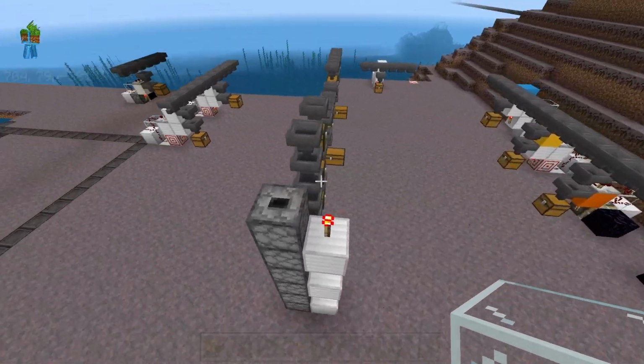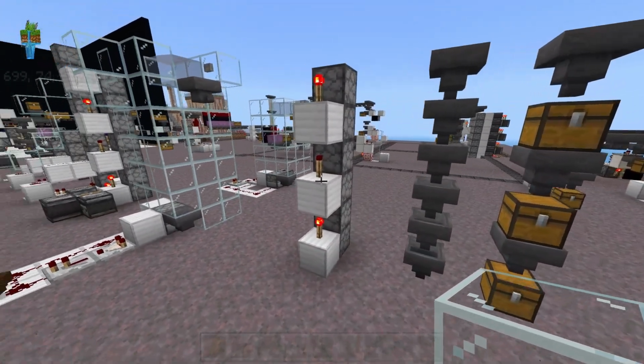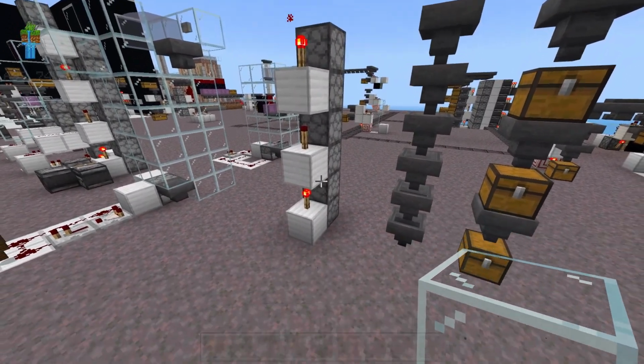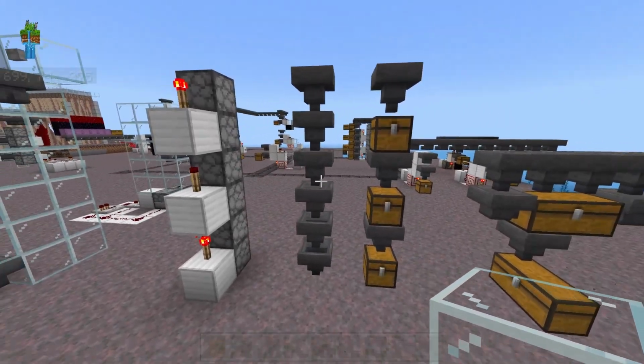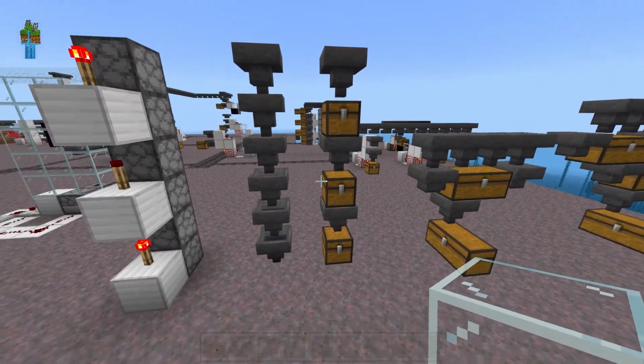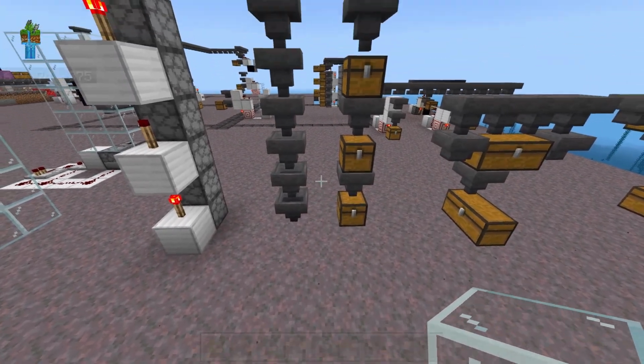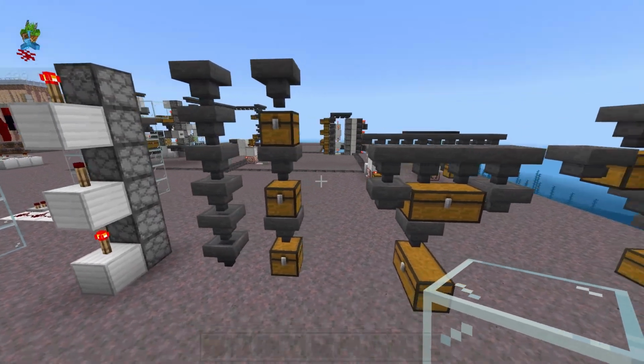Okay, and so now we know how to move items up and how to move them down. This is very crucial for custom item sorters because shulker loaders and multi-item sorters are all going to be at different heights, especially depending on which design you end up building. So it's good to know because they all need to share the same input line.